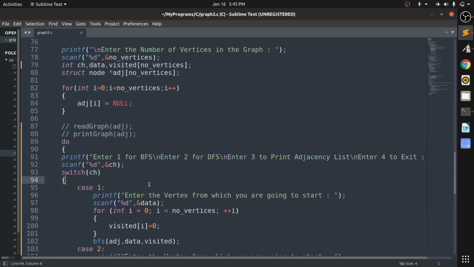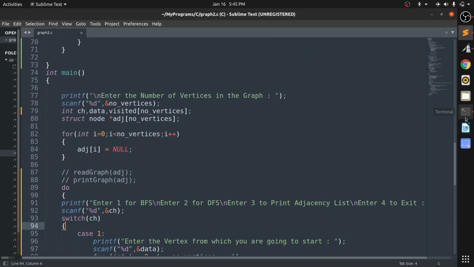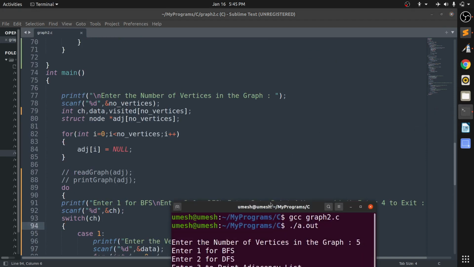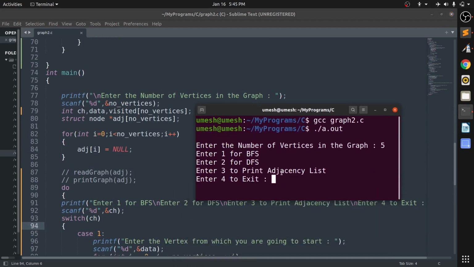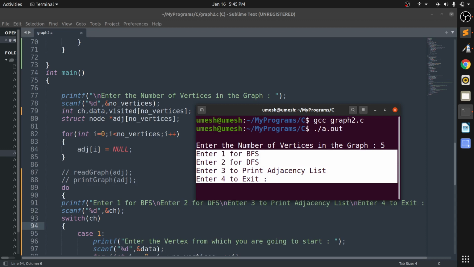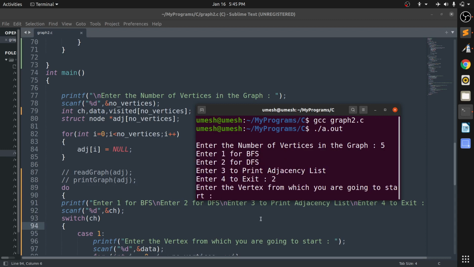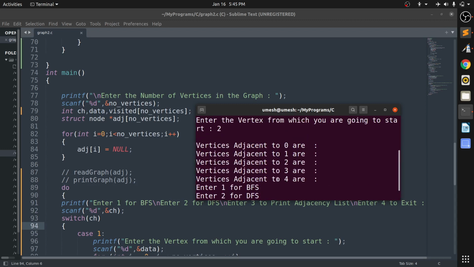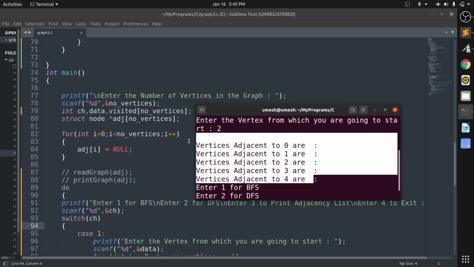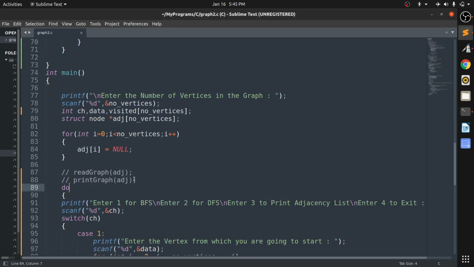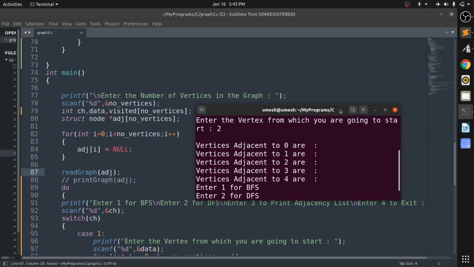So why is it asking? Yeah, it is asking for the number of vertices only. Then it will directly move you to enter BFS, but since we have not created the graph, we can't expect it to work like this, so we have to create it. Okay, now it is correct and it will work fine.